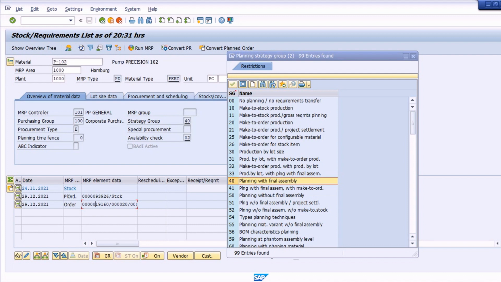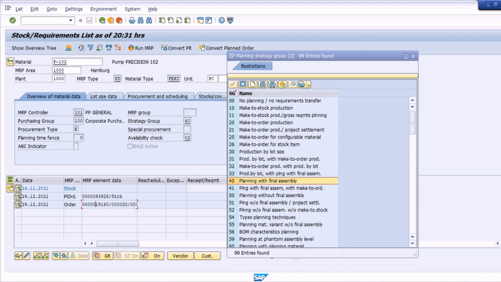That's how it basically works, and it helps the planner to forecast and also to plan the raw materials or the components that are needed for the manufacture of the finished product, and not to wait for quite a long time after we receive the sales order.